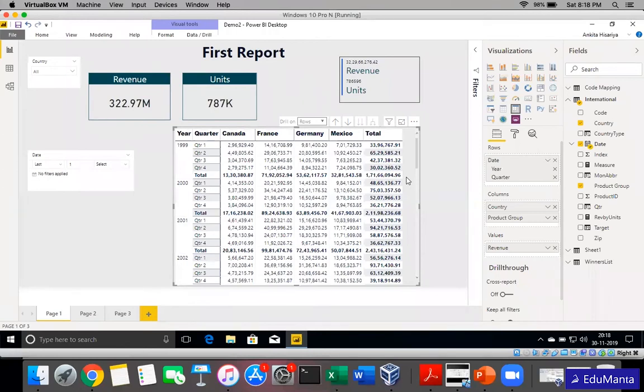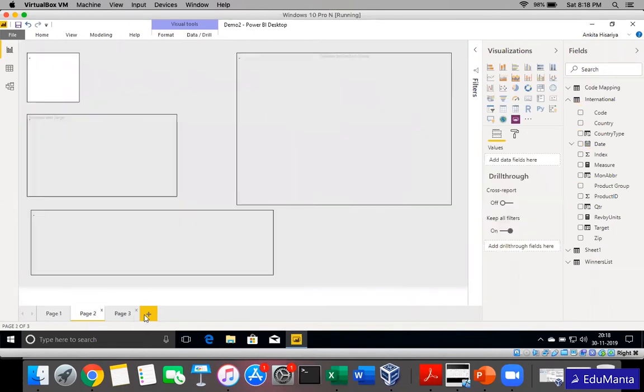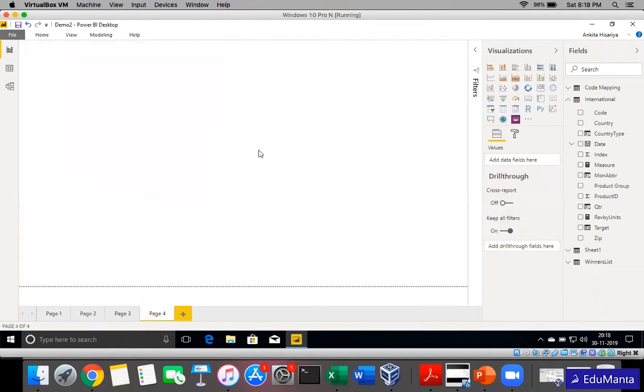What happens in drill through, and again, this is a very useful feature, has been used in a lot of practical scenarios. Basically when you are building up a report, for example, this report is there. On the first page, we want just a summary. Let me create it. For example, this will be my summary page.